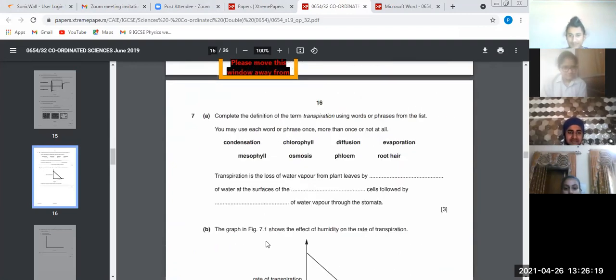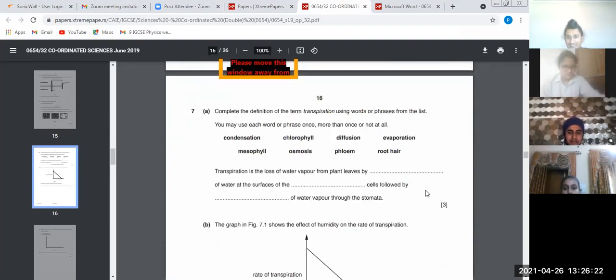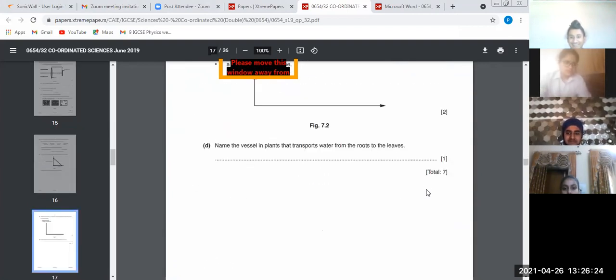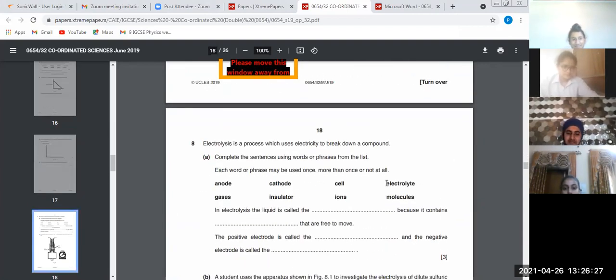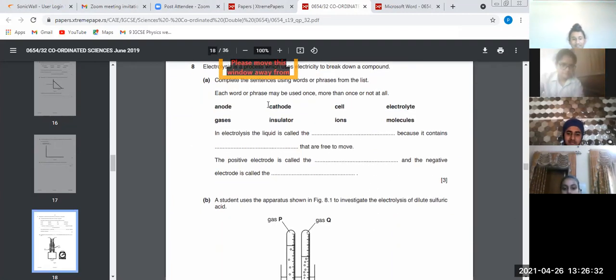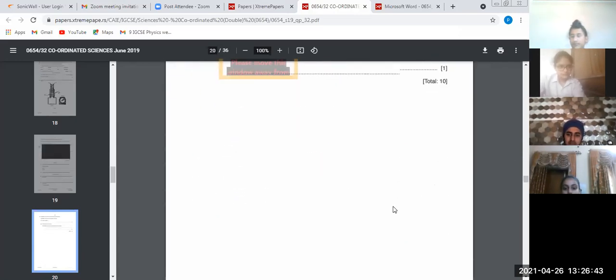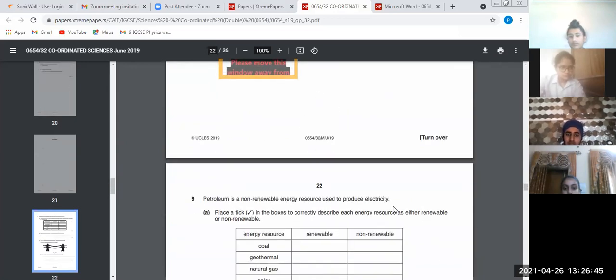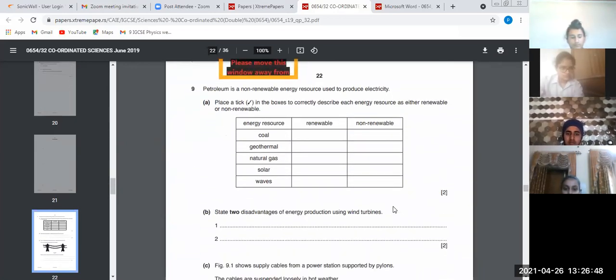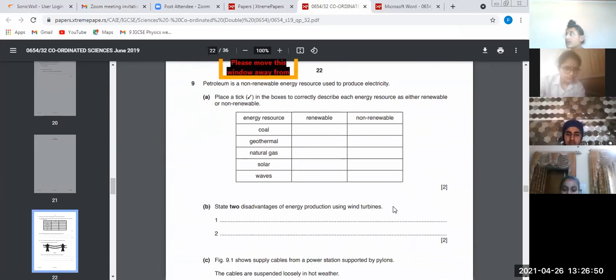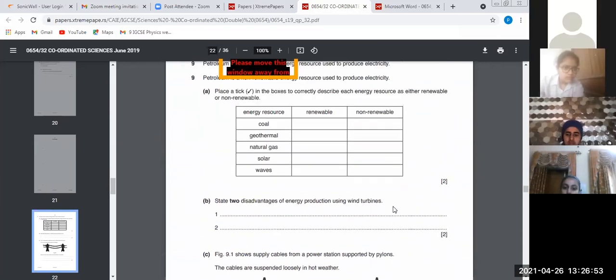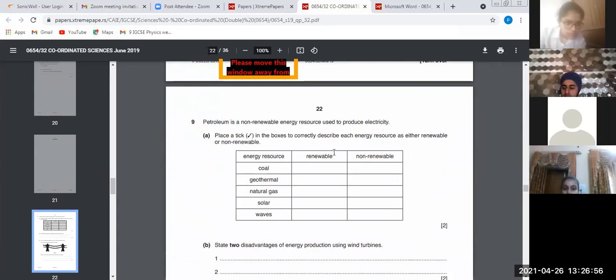Question number 7 is osmosis, diffusion. This is of biology. Okay, question number 8, electrolyte, cathode, insulator, chemistry. It can be the thermal physics also, है ना? The solid, liquid, gas, that is a type of thermal physics. Okay, moving on with question number 9. Now this is electricity. Chalo, let's proceed on with the question.